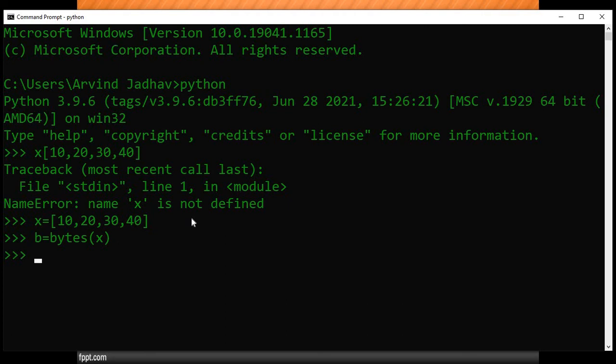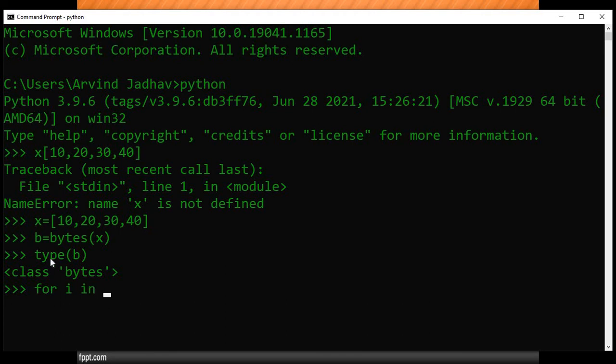Once it is converted, we need to check what type of data it is by using the type function. So here I'm using the B, so it's called a byte. Now I'm trying to print this value by using for. So for I in bytes, where is it stored?